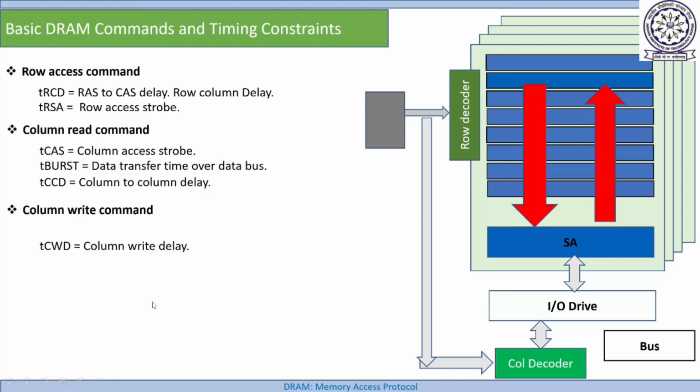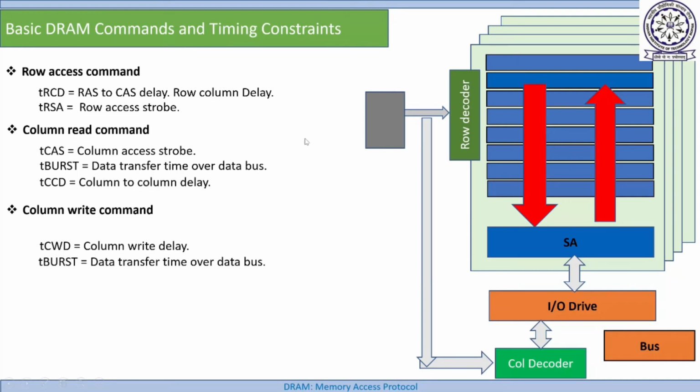So how does it work? The first time constant required is called tCWD, the column write delay. The controller has to send the data through the data bus. So after issuing the column write command, the time required for the controller to send the data is called column write delay. After the column write delay amount of time, the controller will write the data to the data bus. Once the data is written to the data bus, we know how much time the data takes to communicate through the data bus. That is tBURST, which I already explained here.